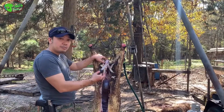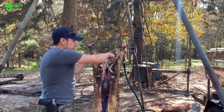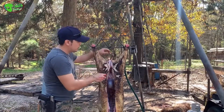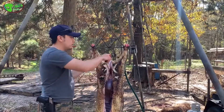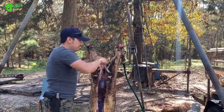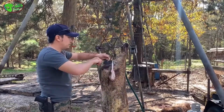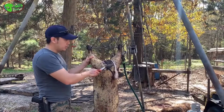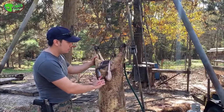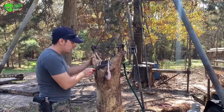Now, because this is a male, it has two giant balls right here with the skin cover. So you can either go in and pick the ball out, or you can just make a big cut of the skin off like that to the back, all the way to the anus, and then I'm gonna walk around the tail as well. Okay, so